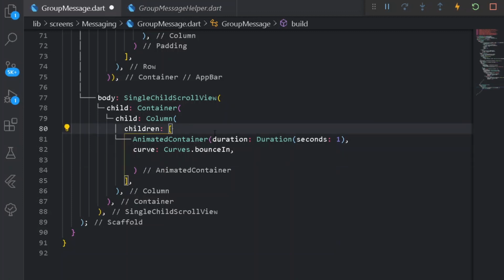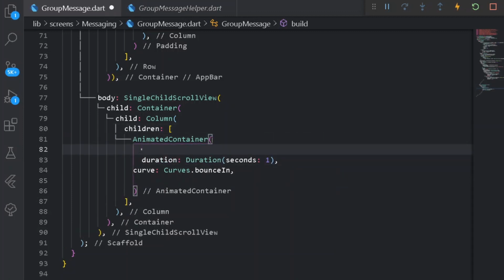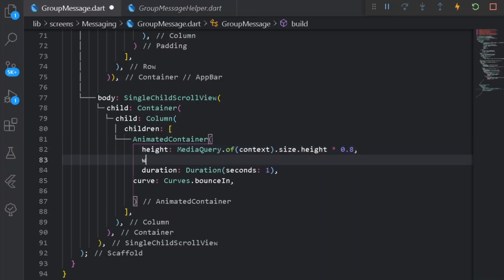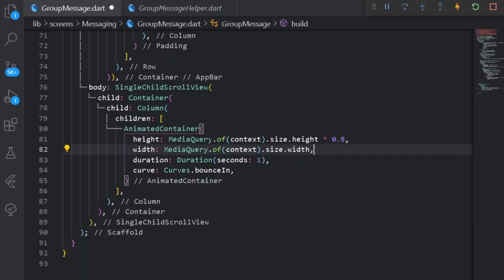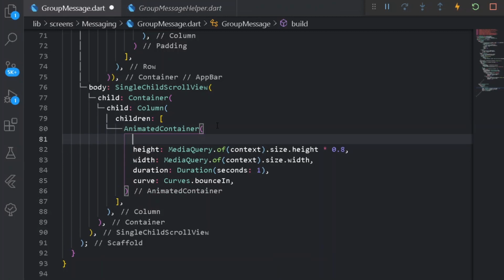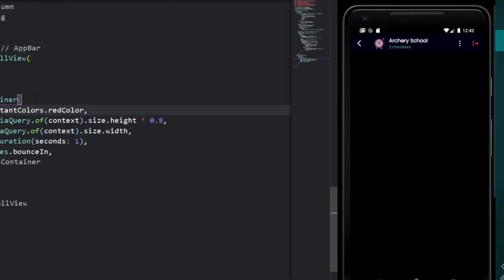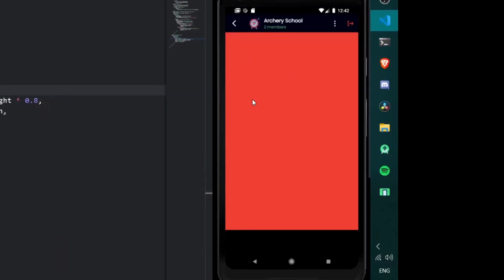instead of that let's have somewhat height and width. So here let's have a height of MediaQuery.of for size of height into 0.8. Let's have a width as well for MediaQuery.of for size of width. So after having this thing, first of all let's visualize what is happening. So here let's have color for const Color of red color, easy. So we have our entire body here.